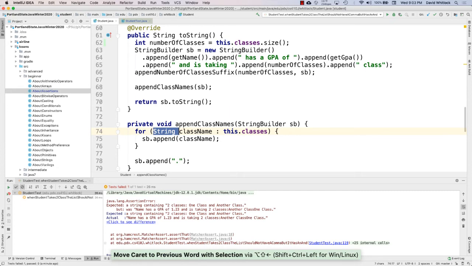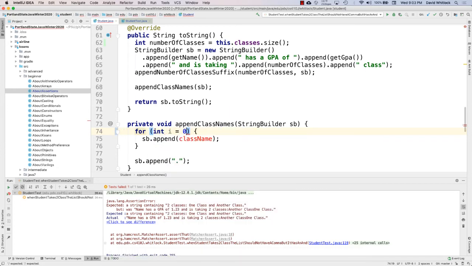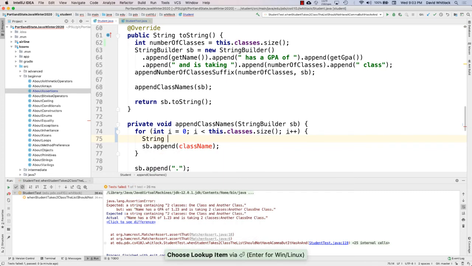Okay, so let's see here. Yeah, let's do this the ugly way. int i equals 0; while i is less than this.classes.size(); i++. Okay, so then we append class name, String className